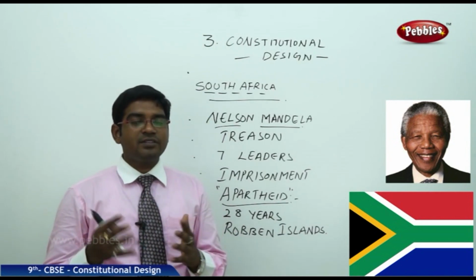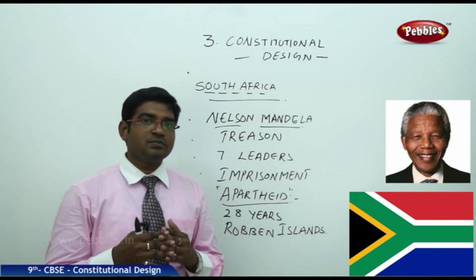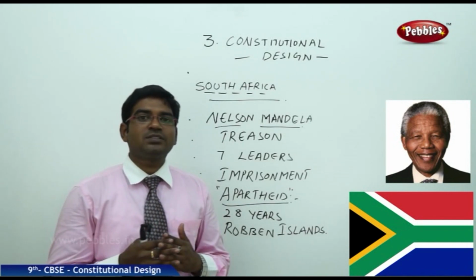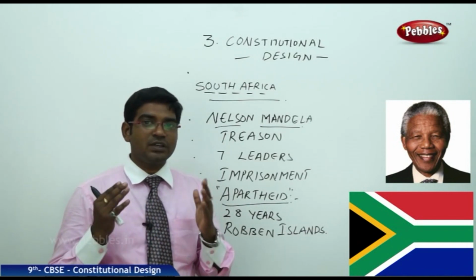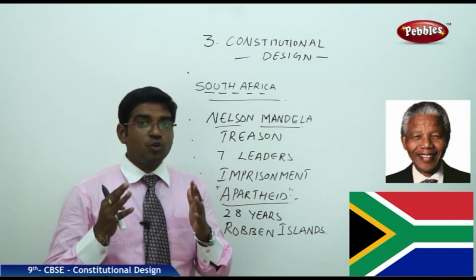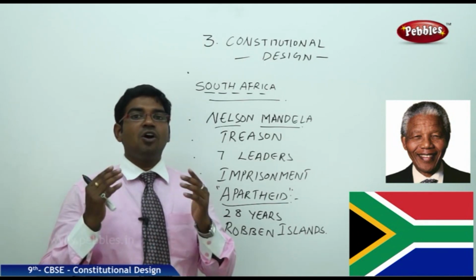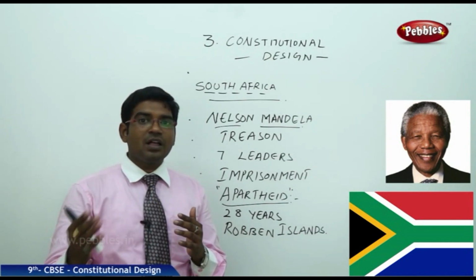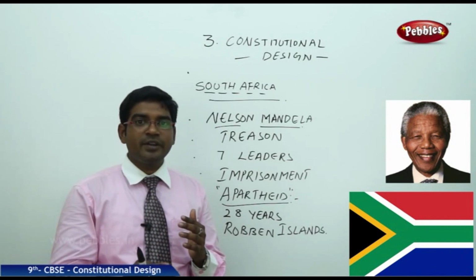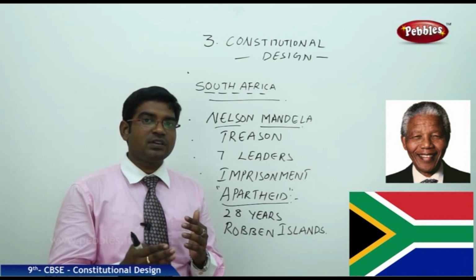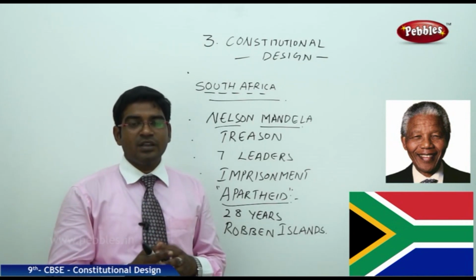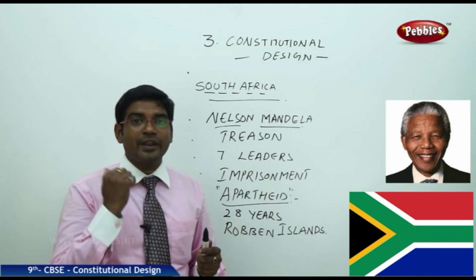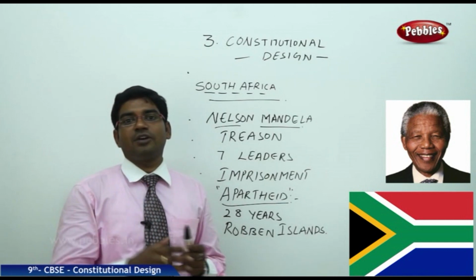So nature made them to be colored people. So there is no fault from the people's side. So who are you to discriminate against people on the basis of the color of their skin? Discriminating against people on the basis of skin color and keeping them apart from the administration, from the government, from normal social life is known as apartheid. This policy was followed for many years, or it would be right to say many decades, in South Africa.